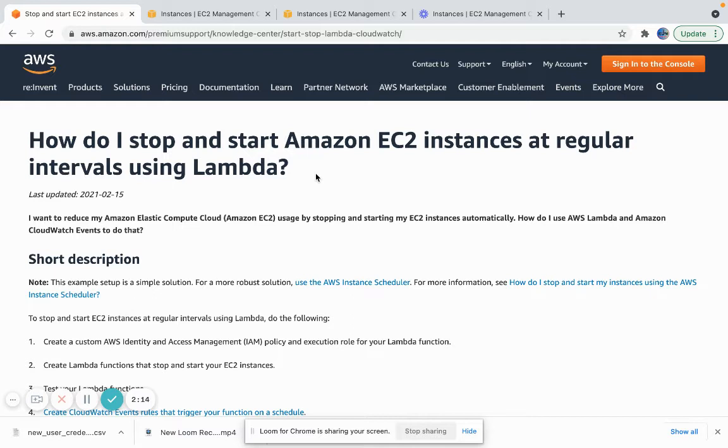Let's say you have a virtual machine with 100 gigabytes, and you create a Lambda function: when the storage approaches the threshold limit, maybe 80 or 90 gigabytes, you create an EBS volume in the same availability zone and attach an extra EBS volume to that instance. You could tell Lambda to do that,